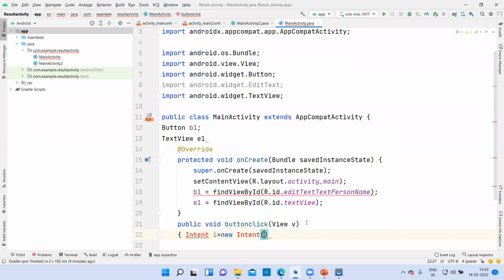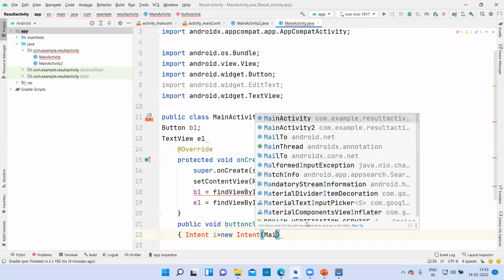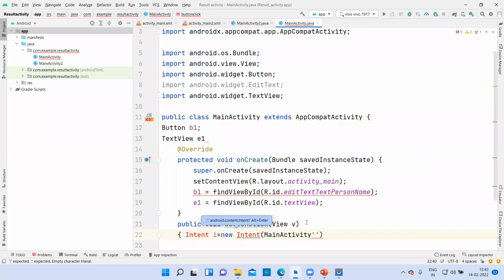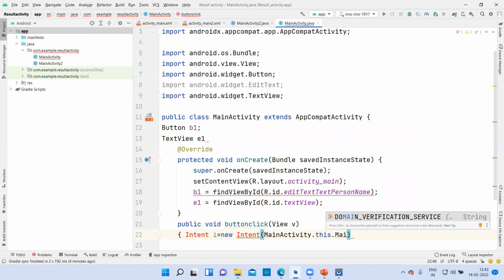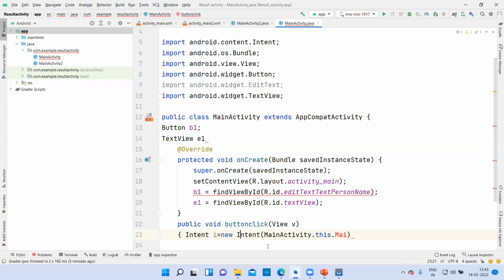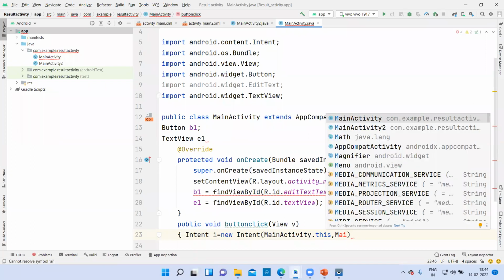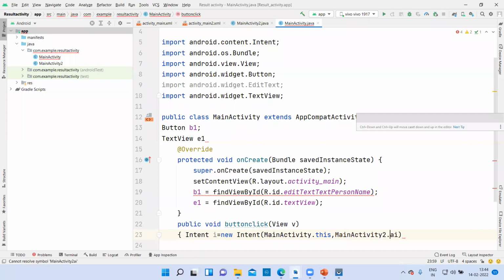Then you are going to move from first activity to second activity: main activity, comma, this, comma, main activity 2 dot class.